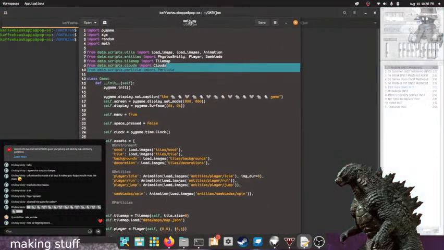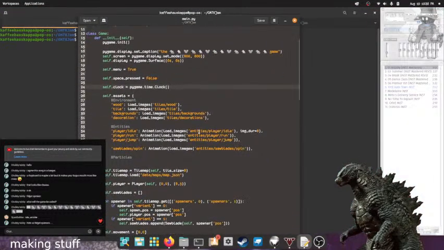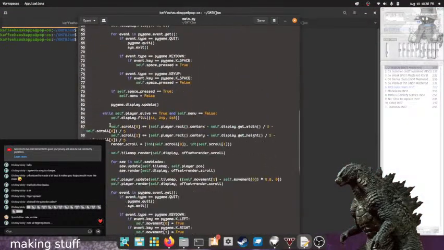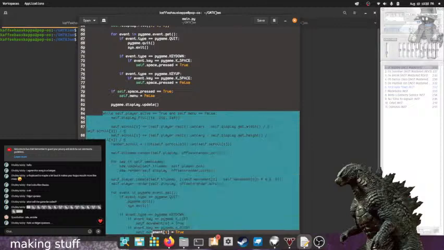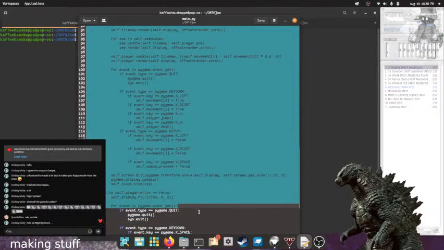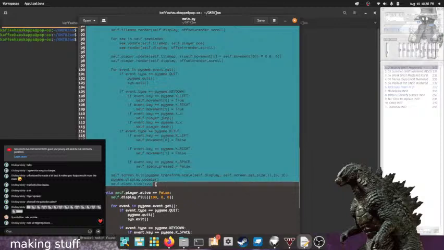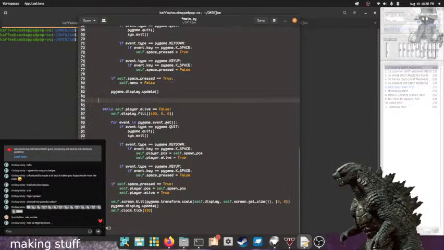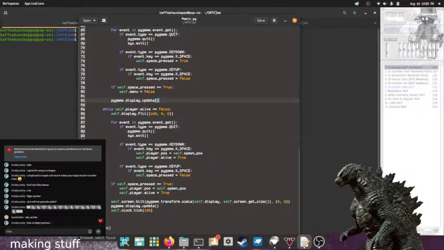There, text editor. Hello, text editor. And we're going to move all of that to a function called game.